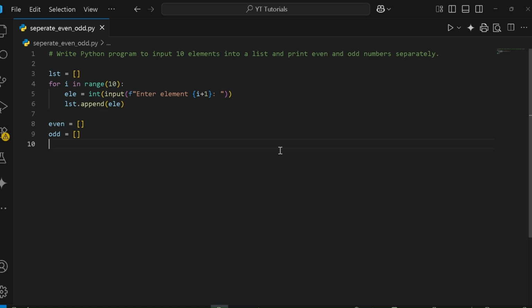So for applying those conditions, we will use if else. So what we will do here is we will write for num in lst, which means now we are checking numbers in the list. So we are taking out every number from the list which we have created initially, and then we will check if it is an even number or an odd number. So for num in lst,